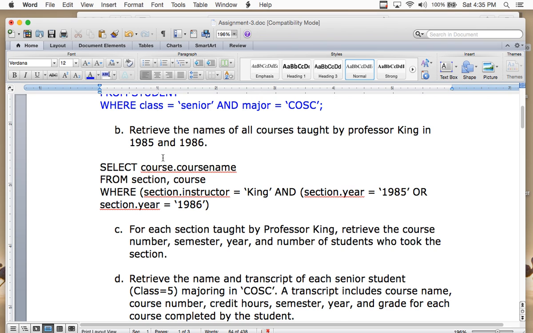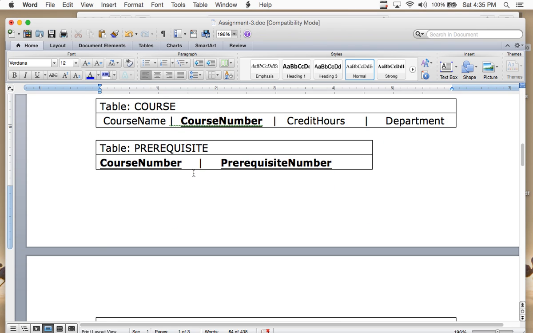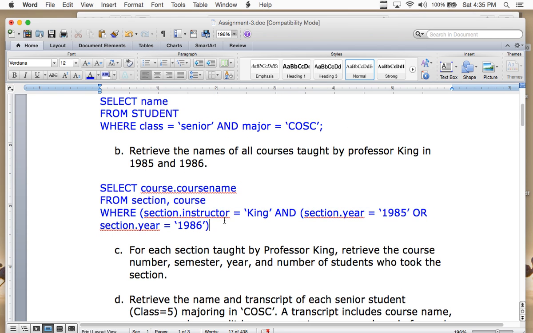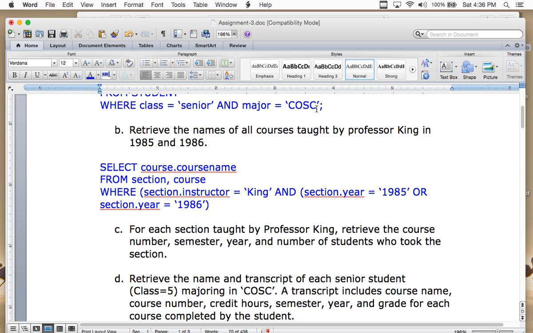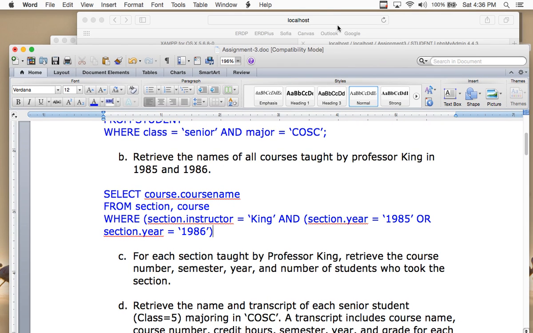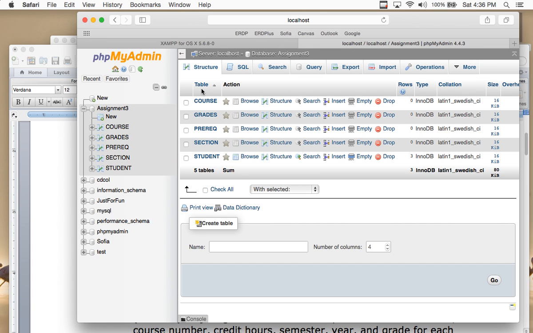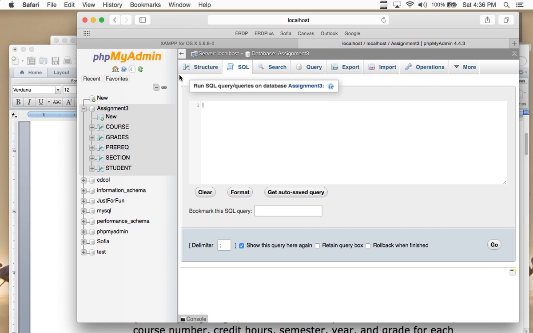I'm going to leave it here because this matches this query down here. I'm going to cut and paste it, and then I have to change it, because watch this. Let me copy, and then I'm going to make this blue, because I'm making them blue to signify I'm sort of done with it. So it tells me when I go back to it. Let's see what happens here. We're going to go back into the SQL window, and I'm going to get a bunch of errors because this is the